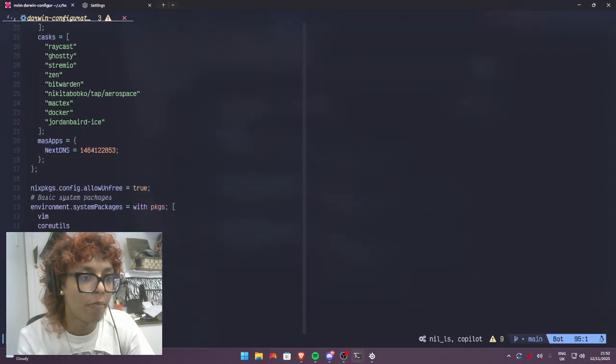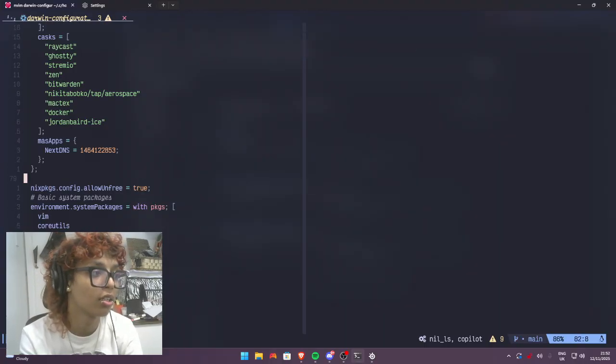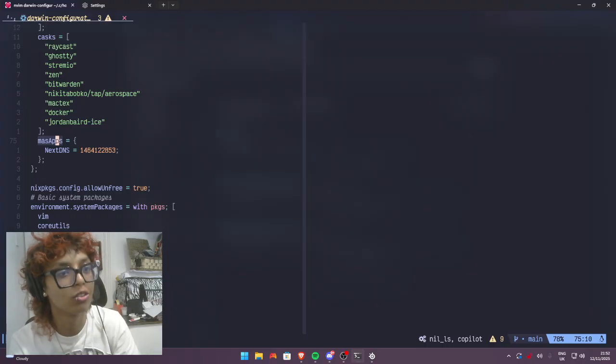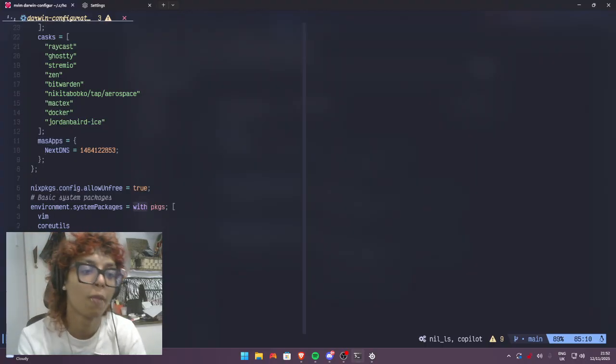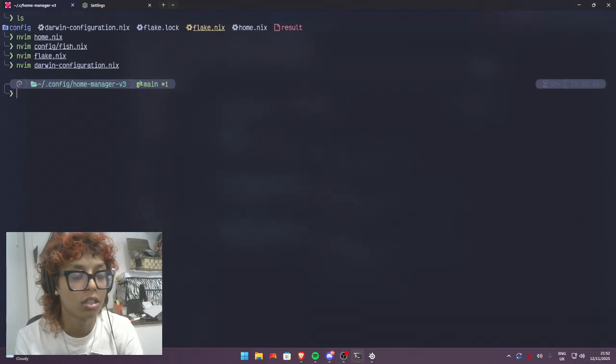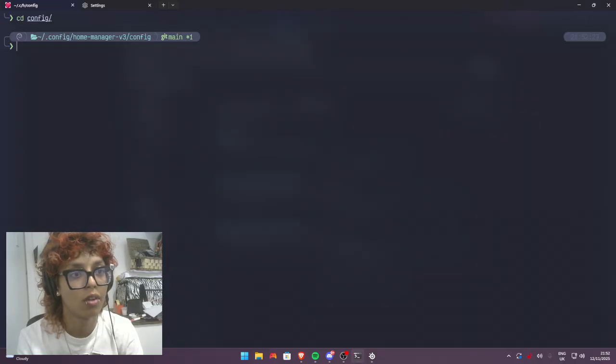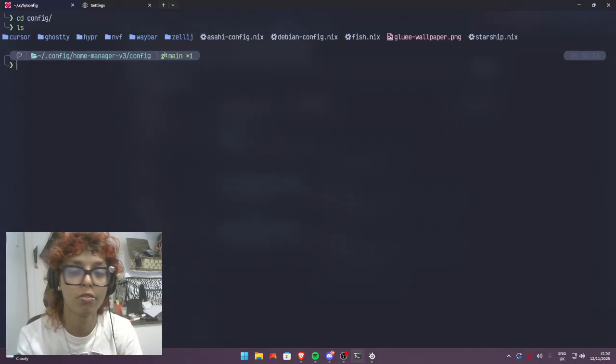And you can even install from the App Store using this, but you have to have the app purchased, and you can always re-download it. So you'll have to do one install first, I guess. What else? And then if we check my config, I'll show you how my config is sort of